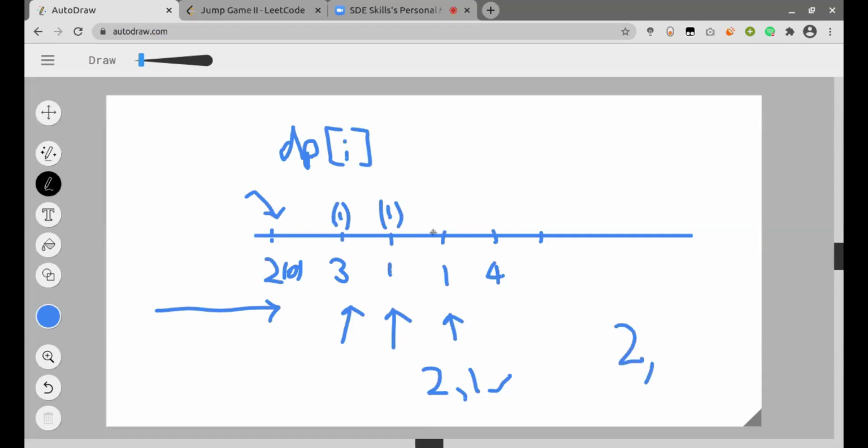Similarly, from 3, I can take a step of size 2, and the total number of jumps required would be 2 again, since one jump from 2 to 3, and similarly one step of length 2 from 3 to 1. Now, from 2, I cannot reach this index, since the maximum distance I could reach was just one index previous to the current index.